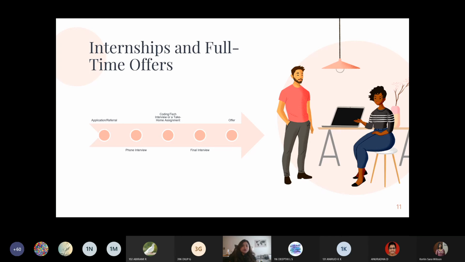So there'll be a panel or just one member of the company that's going to ask you questions and you're going to answer them. Pretty simple. Or a take-home assignment. You'll be given a project and then you have to solve the problem and submit it to them. Build a model or a presentation, whatever it is, you need to do that. That can be done there.